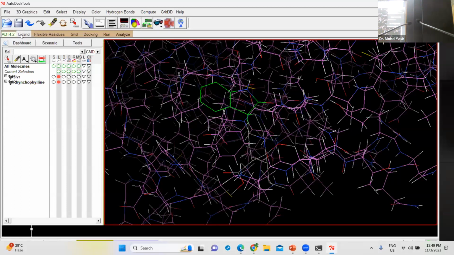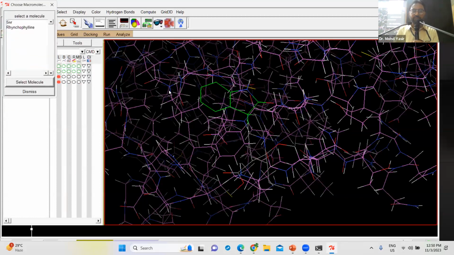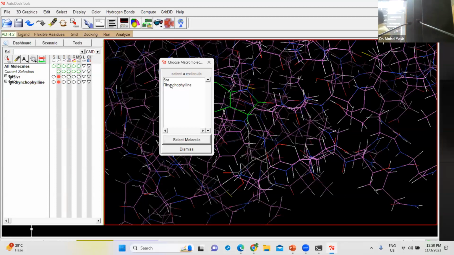So now we will try to detail the grid parameter file and we will try it and model it. Okay, so what you have to do is go to the grid option, select macromolecule, and then you have to select choose. So when you click on choose, what will happen? It should be clear in your mind if you are writing the name of the protein